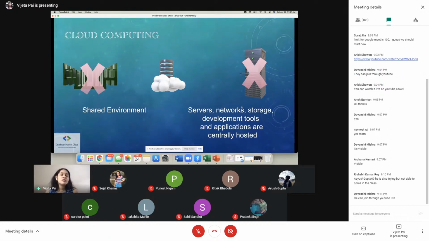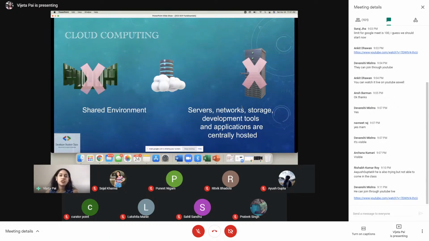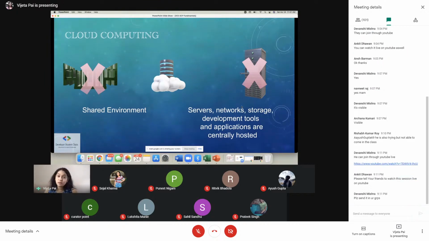Since you have a lot of data and applications running for any kind of organization, small or big, cloud providers give them an environment where they can have their own virtual machines, their own infrastructure, and applications as well, everything in one platform. So they don't need to go into a physical data center to make sure that everything is working fine. They don't buy servers, racks, they just rent out space as and when needed. That's why I'm using the term shared environment.